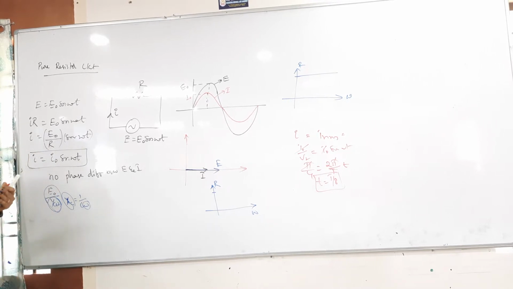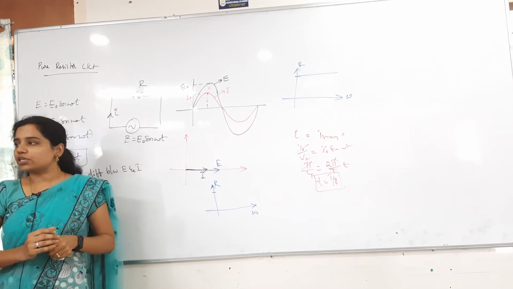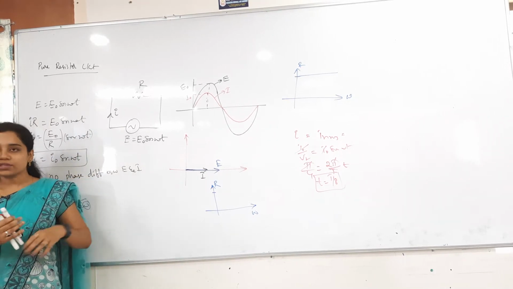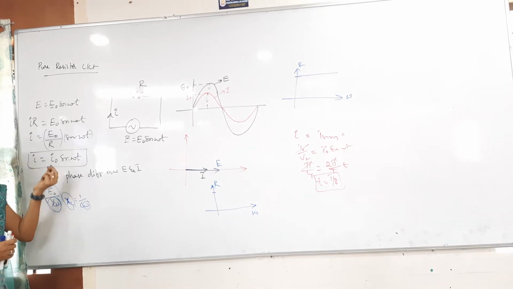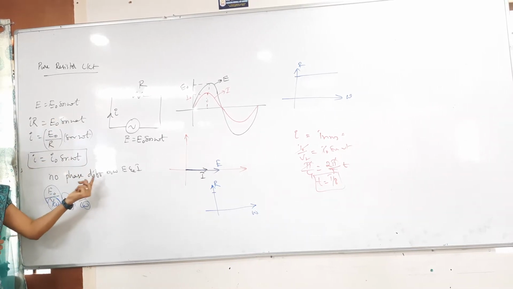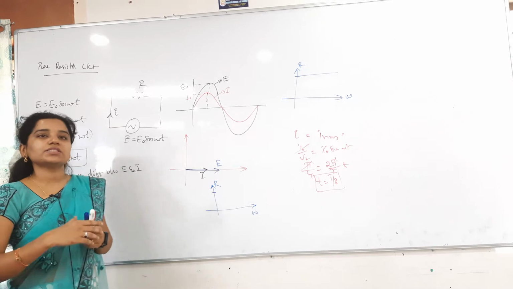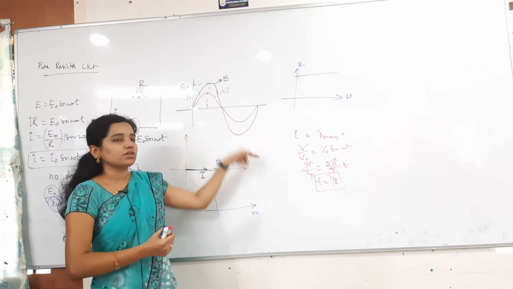Clear? Now listen again. Here I have connected one AC voltage to the resistor. Due to that voltage, the current is flowing in that. You have to mainly identify what is the phase difference between that current and the voltage. For that I have taken the voltage equation here and then I solved for the current. So E naught by R, voltage by resistance, is what? Obviously current only. So I naught sin omega t we got. Now here E naught sin omega t, here I naught sin omega t. What can I say? There is no phase difference between voltage and current. Nothing but if the voltage is starting from 0, then current also starts from 0 only.